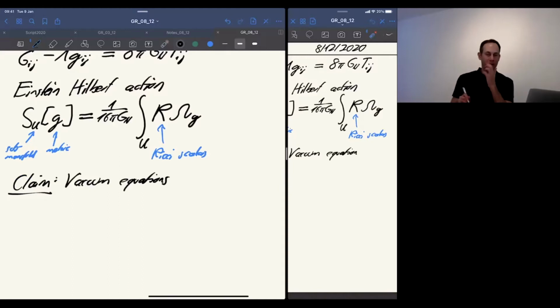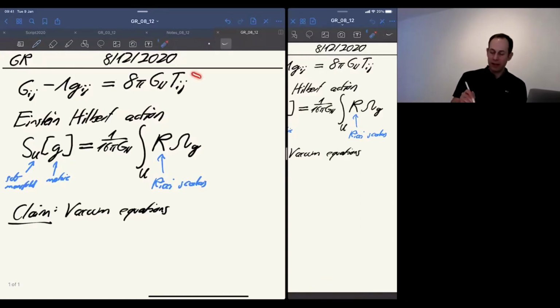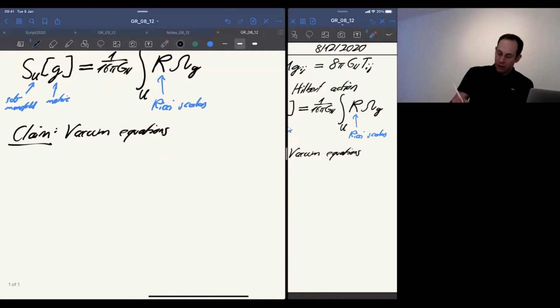So, of course, I'm always talking about the Einstein field equations, and by vacuum equations, I now mean the equations where we set the right-hand side to 0, and let's for the moment also set the cosmological constant to 0. This will not come out of that, because obviously we would have to input it somewhere. The vacuum equations are just delta, or the variance. So I vary this action with respect to G. Maybe I'll write this as a little g here.